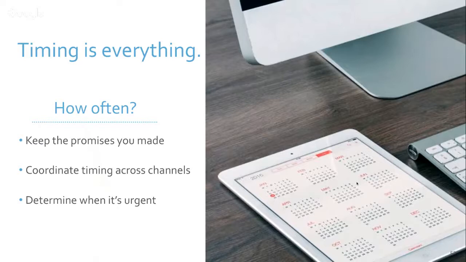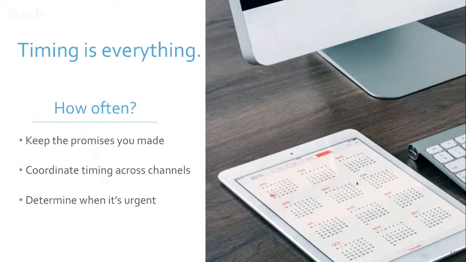If you're worried about how you're going to get all of this done and that you might not be able to make a set schedule, then just start small. You know, do a couple of paragraphs once a month and just stick to it. Just set your timer, put it on your calendar, say I'm going to spend 30 minutes to get something out to my clients every month or to my prospects, and make sure that you just deliver that consistently. And then coordinate timing across your channels, making sure that your Facebook, your website, your Twitter, and of course your emails are all going out at appropriate times.